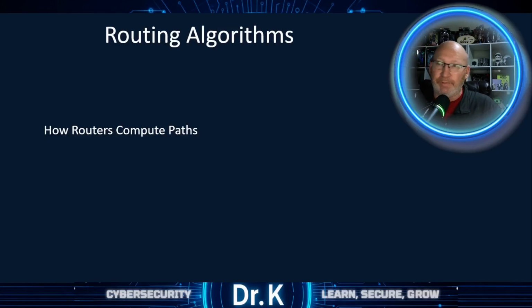I think the next big question we need to ask ourselves is, how does the router even know where to send the packet? Like, who told it where to go? Forwarding is just execution, and routing is the decision. And those decisions, well, they're not guesses, they're algorithms, they're math, cold, calculated math. And somehow, thousands of routers across the planet make independent decisions, and the internet still works. Kind of insane when you really sit there and think about it.